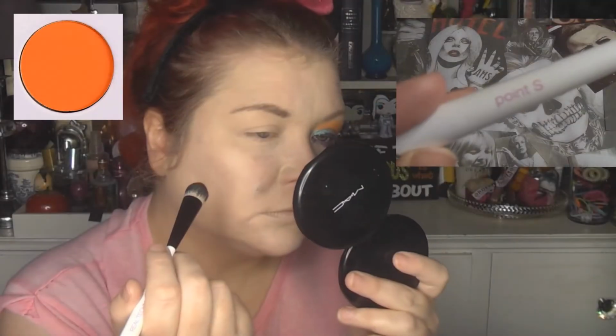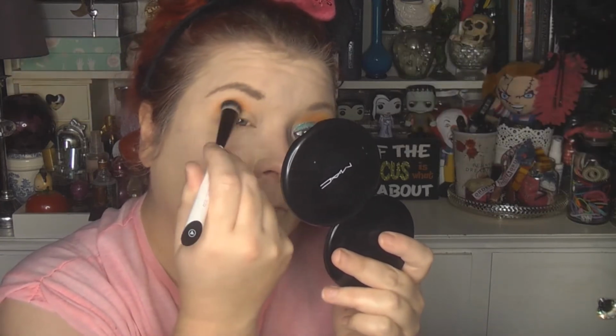The first eyeshadow I'm using is the orange from the Zulu palette, and I'm using that on this Real Techniques small Multi-Tech brush. I know I'm saying small, and it is absolutely quite a large brush. It's because there's a range of the brushes, and this just happens to be the one that's considered small, even though it's huge. And I'm just blending that into the crease before taking this primrose yellow colour, and I'm using